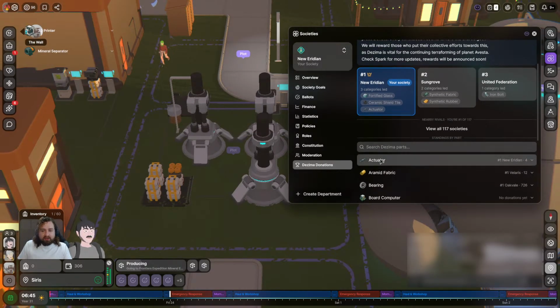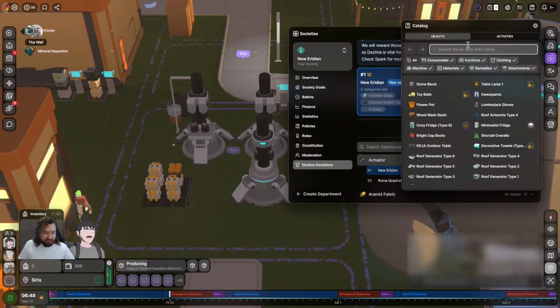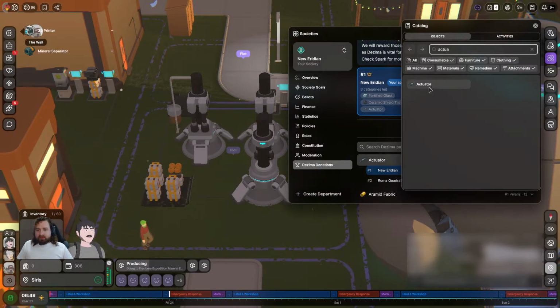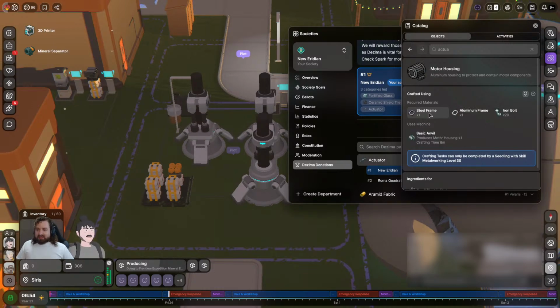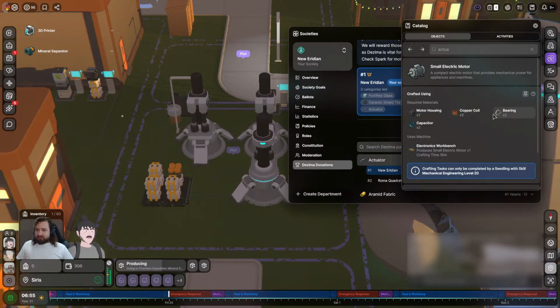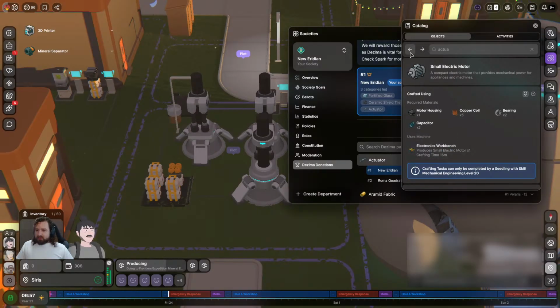Oh, okay. We're about to be knocked down to second if we don't get some actuators. One of my issues is I've been just going all in on the wall, and I haven't really been focusing on much else. Oh, yeah, this is the problem right here. Actually, I could probably make most of this now. The issue for me is the gold.